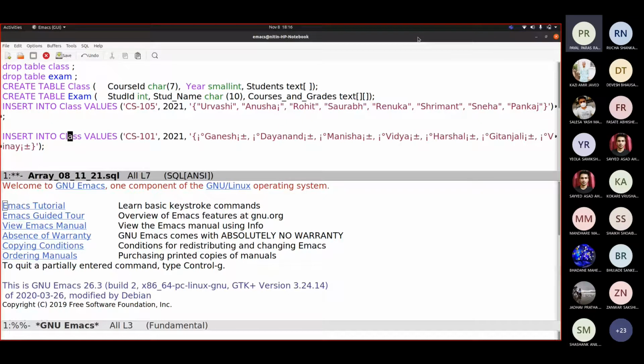Now let us go back to second row. We have to make corrections at every place. So I'm adding students for every course. Fine. In the class, let us say CS101 and 105 are the two courses that I am adding data for. These are the students who I am registering with.